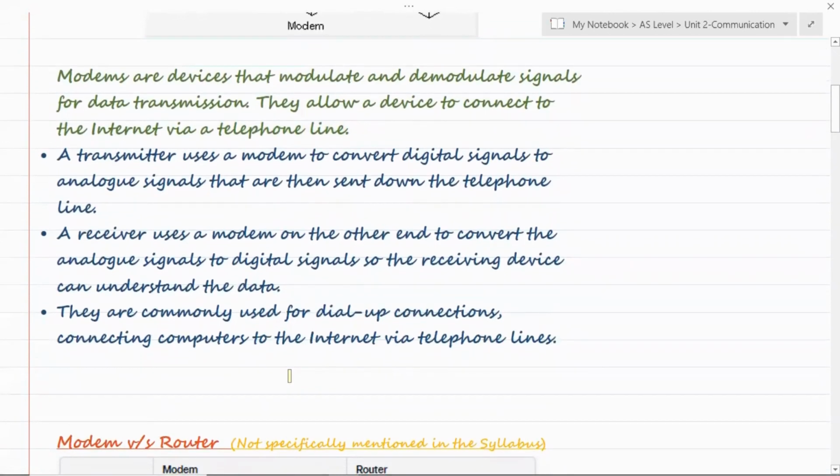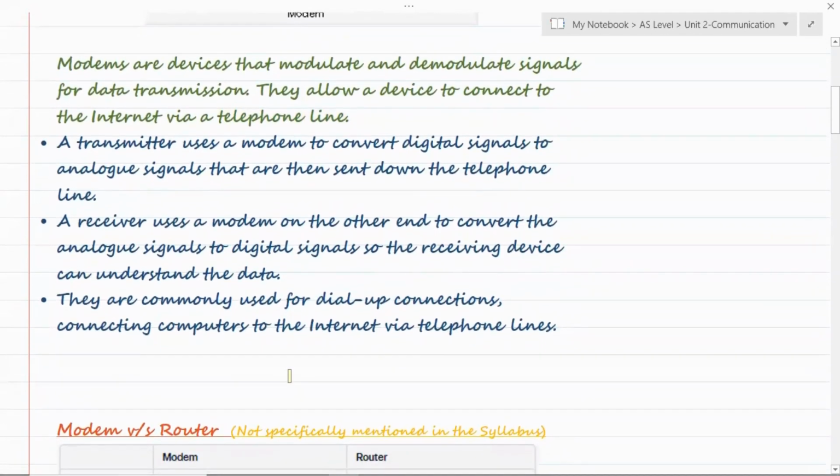When a transmitter is ready to transmit some data, it uses a modem to convert digital data to analog data, and then it is sent down across the telephone lines. However, when a receiver uses a modem on the other end, it converts the analog signal to digital signals so that the receiving device can understand the data. So both the functions are there, firstly converting from analog to digital and then digital to